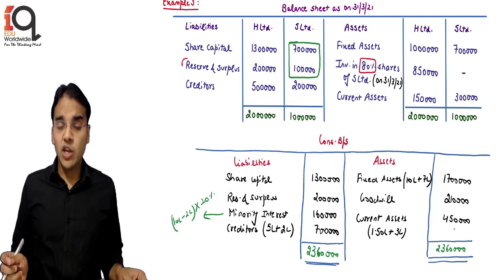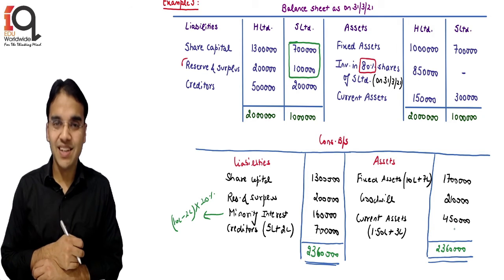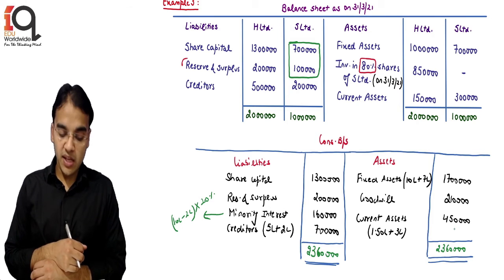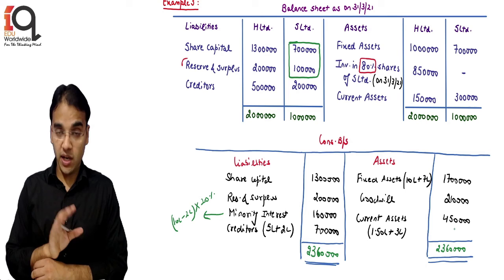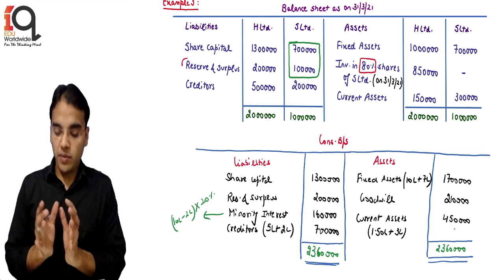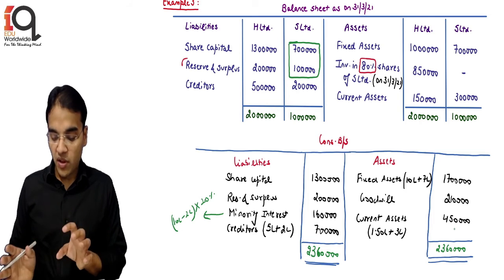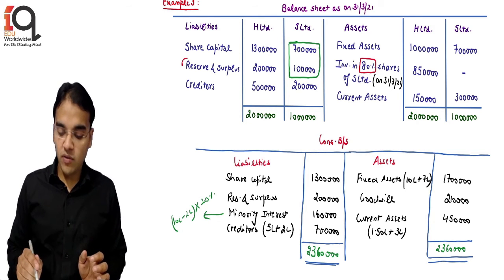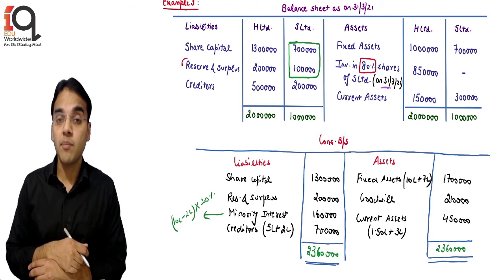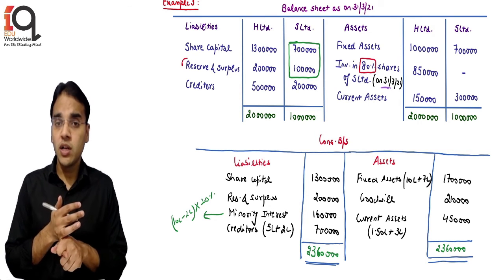So was there something new in this example? Yes. It was obviously exactly similar to the previous one, but there was reserve and surplus which was not affecting anything as of now. The reason being we have to show just the reserve and surplus of the holding till now what we have understood, and the net assets we are acquiring. So basically it is the net assets. So net asset basically means your assets minus outsider liabilities. So since the shares were also acquired on the last day of the year, so that's why there is no confusion at all, student. And the later example, in the next one, we will understand the implication of the other things as well, student. So one is the cost of control, which is our goodwill or capital reserve.